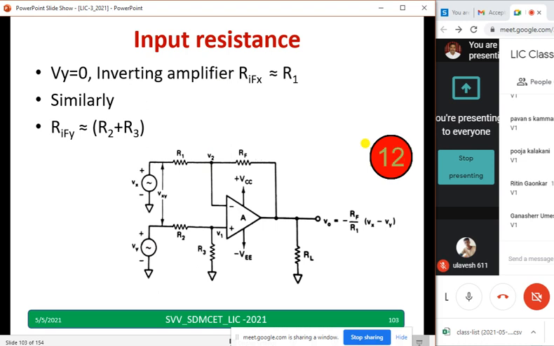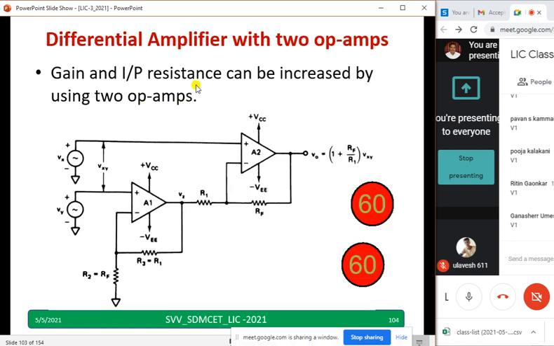We have discussed the gain. We have discussed the input resistance for Vx, where you are applying, and another point where you are applying Vy. Now let us go to the next slide. Diagram, it is there in your notebook, don't copy again. Only two words, Rifx equal to Rify equal to. Let us go to the next.